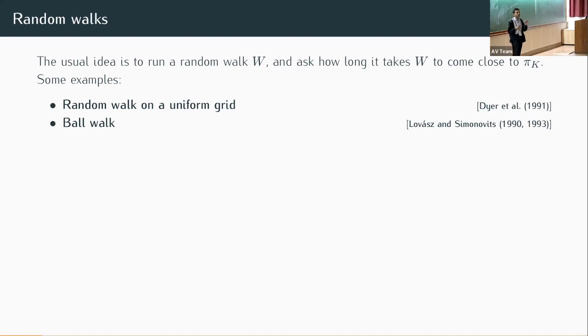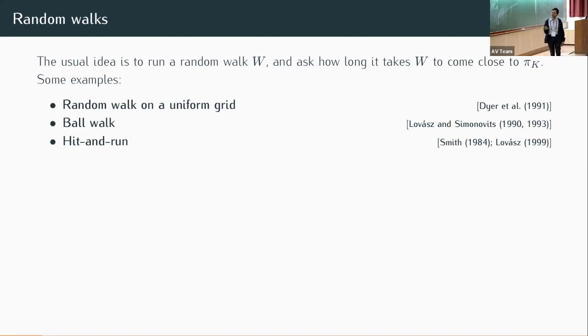You're at a point in the body, you have a fixed radius ball, like a spherical ball. You pick a uniformly random point in the ball. If that point happens to be in the body, you move to it. Otherwise, you just stay. Okay? So that's the ball walk. We'll be looking at